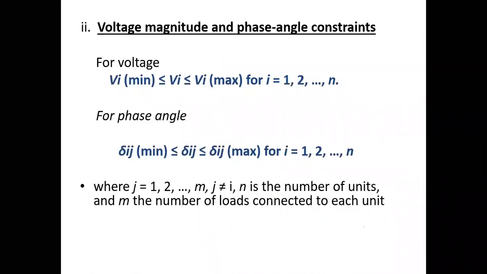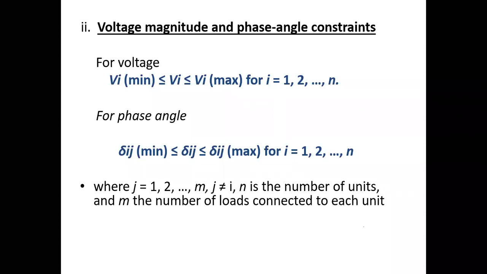And the next one is voltage or phase angle. As the voltage directly depends upon the reactive power, the voltage also has its limits. And coming to the phase angle, the normal operating phase angle in our practical transmission line lies between 30 degrees to 40 degrees for a transient stability region.